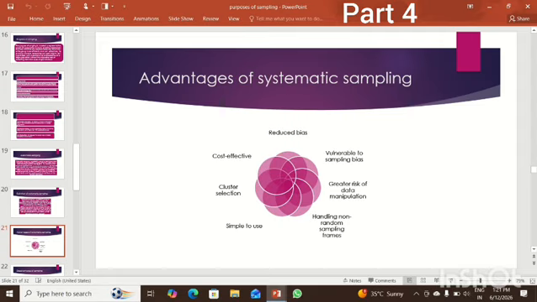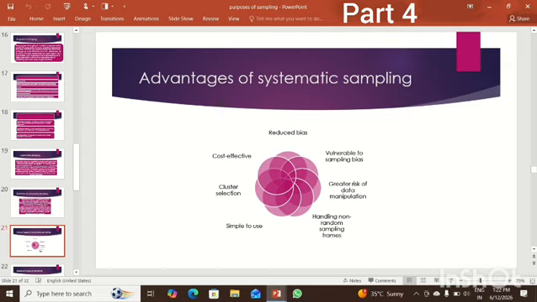Non-random sampling frame means, again the same thing. Rules are there, and you have to handle the sampling frames. You have to select the sampling frame as per the criteria of different methods. It is simple to use. How is it simple to use? Systematic sampling has the criteria, and you have to apply this criteria to the research process. You have to apply those procedures and methods to the field, and you will get your answer.